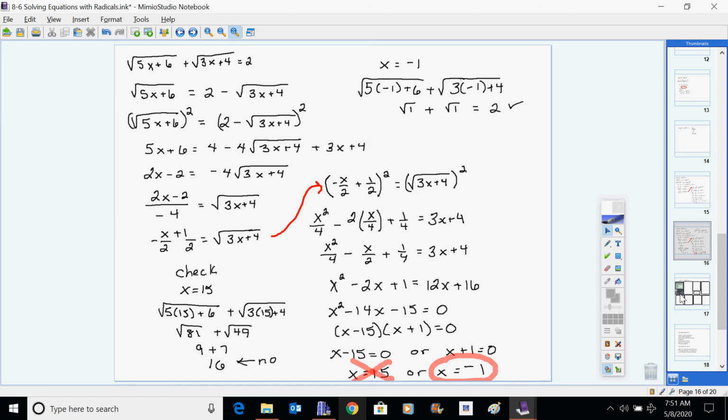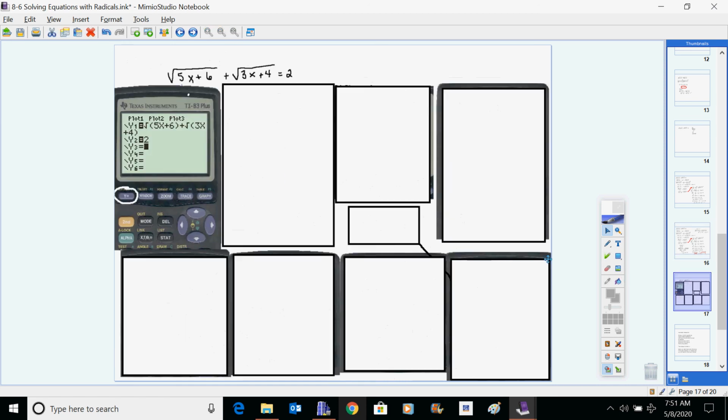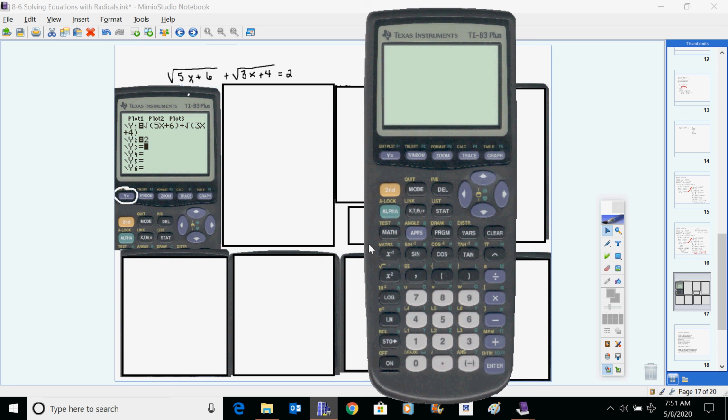So let's check that out and see what would have been an easier calculator road. Okay, so we would put in this on one side, y equals this. Here's that part. And y equals 2. Make sure all your plots are off. If the plots are not off, don't forget you can always go back in and turn your plots off, you can either go into stat plot to turn them off,